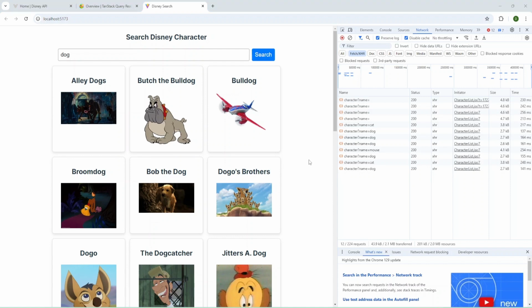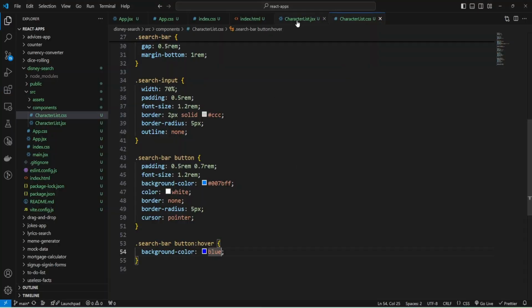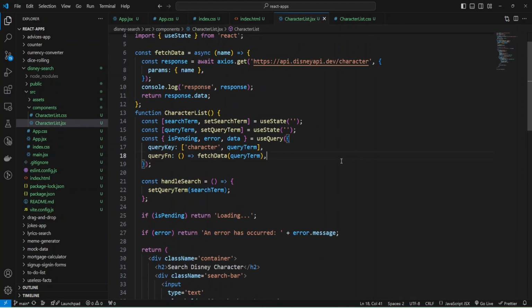But on the server the data will stay the same and will not change frequently. So we can use some data from our state or from cache, and React Query allows us to do it. And let me show you how to make it.